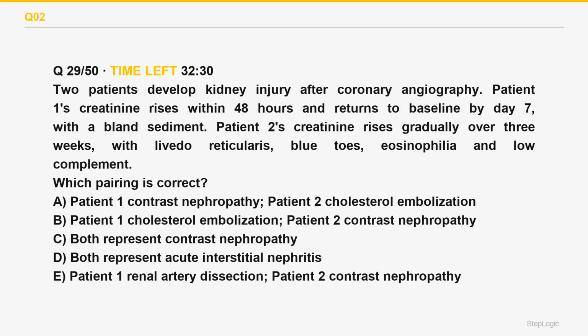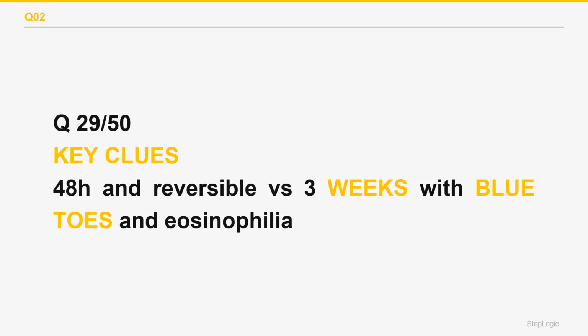Two complications follow the same procedure, and the timing plus the skin separate them. Contrast-induced nephropathy is an early transient injury. Creatinine rises within 24 to 48 hours through renal vasoconstriction and direct tubular toxicity, peaks around days 3 to 5, and resolves within a week or 2 with a bland sediment. Cholesterol